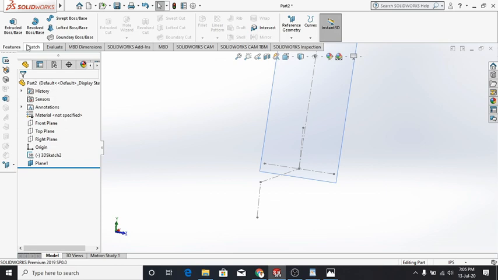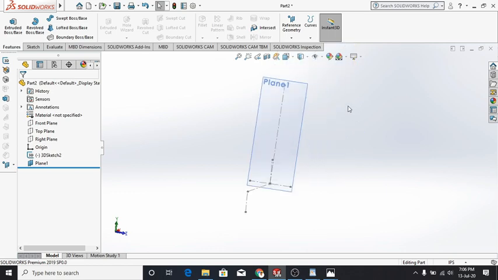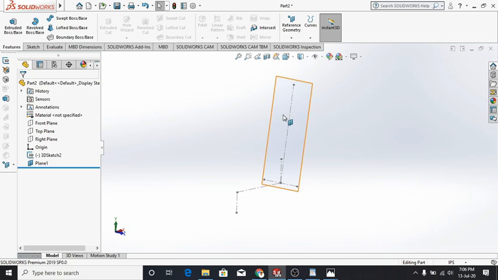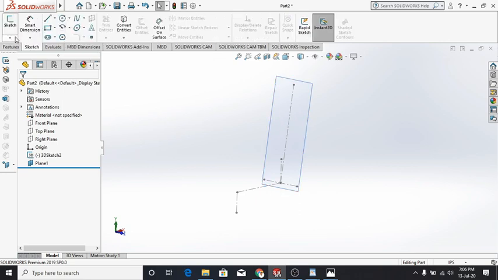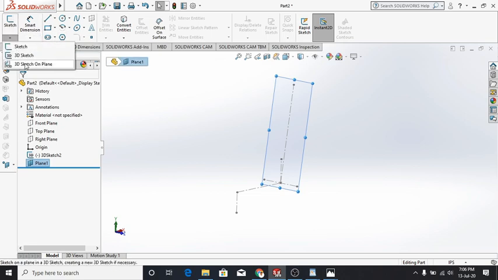Okay, I'll be telling you guys later why I have taken this 13.075 inches as the ground clearance, and this is to be 44 inches. This is the length of the cockpit that I have chosen. So length of the cockpit is 44 inches, and you'll be knowing it in the coming up videos. So now I'm going to sketch on this plane. Just click on the sketch, 3D sketch on the plane. Okay, I hope you are getting this.